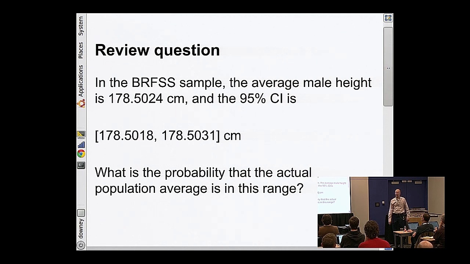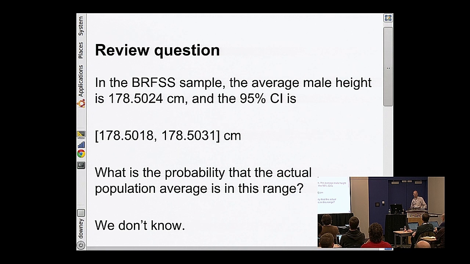Now, the follow-up question is, it's a 95% confidence interval. What is the probability that the true population mean, meaning if I actually measured every single male adult in the United States and computed their means, and I measure them with extreme accuracy, and I get the correct number, what is the probability that the correct number actually falls in that range? You are all very tempted to say 95%, and you are wrong. There are 2 reasons that you are wrong, and one of them is stupid and one of them is smart.